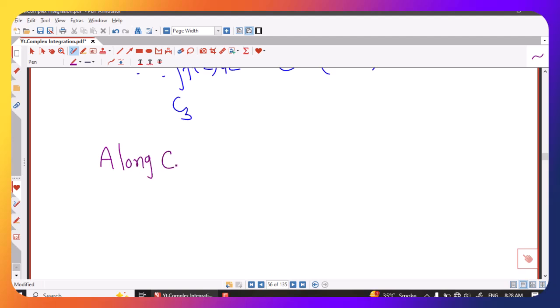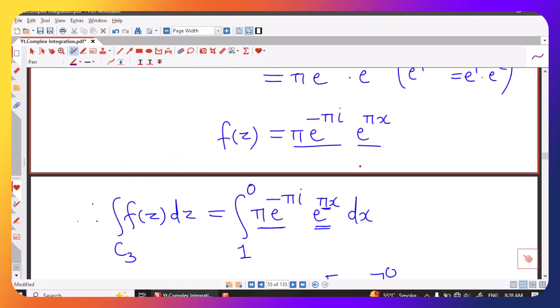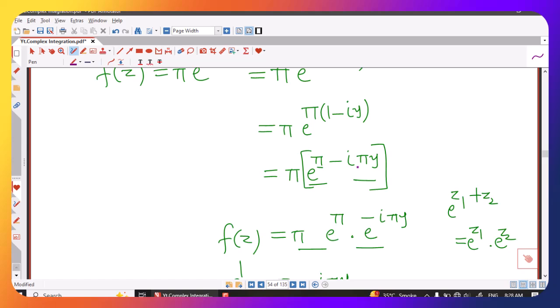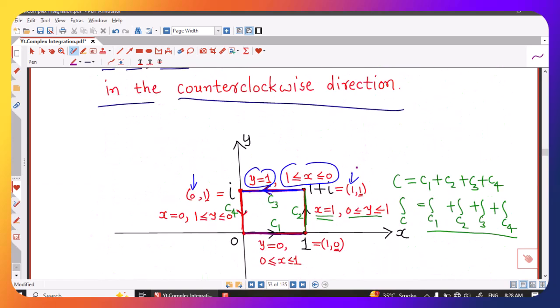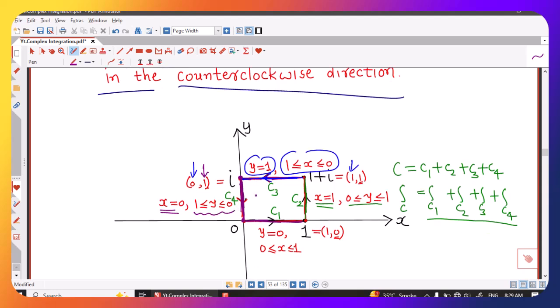that is along the y-axis, and along the y-axis x equals 0 and y is from 1 to 0. Now we are on the last boundary of the square. Here we are going in this direction, and along this line segment x becomes constant, x is 0 at every point on this line segment, and we are starting with this point. Here y is 1 and here y is 0, so we consider limits of y from 1 to 0,